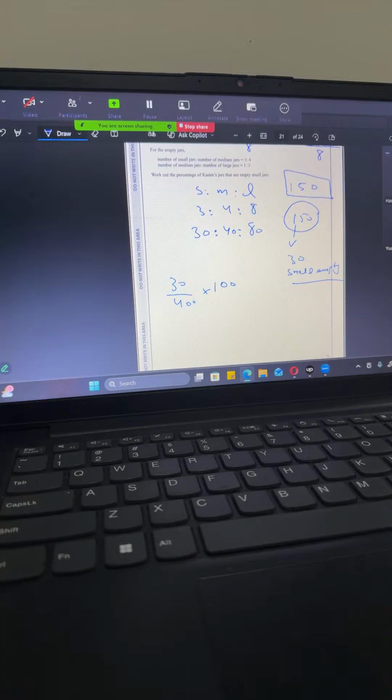I'm not sure. Okay, see here, these zeros are going to cancel out, right? We have 30 divided by 4, which is